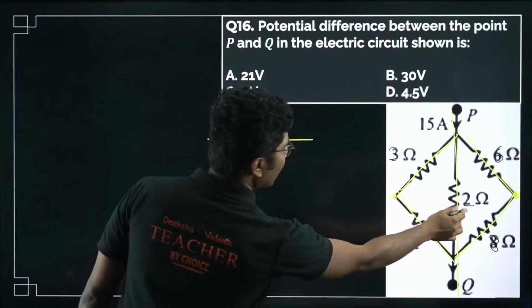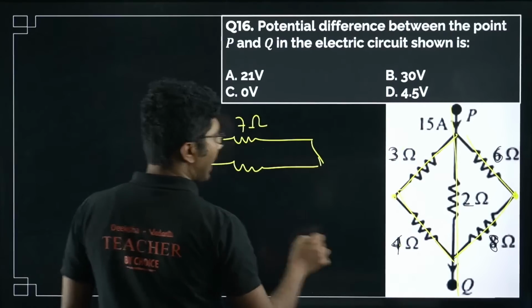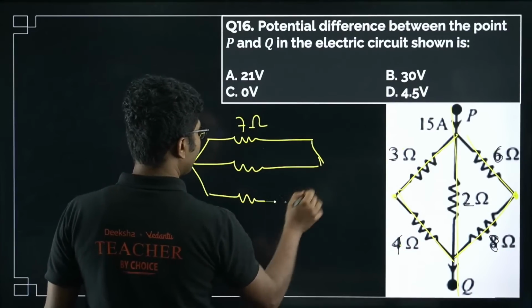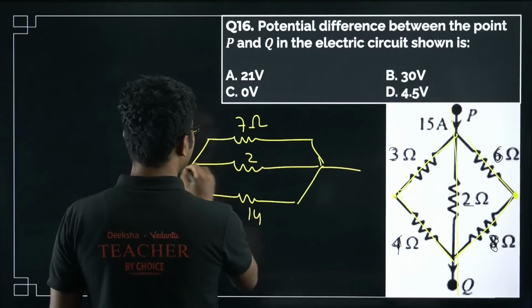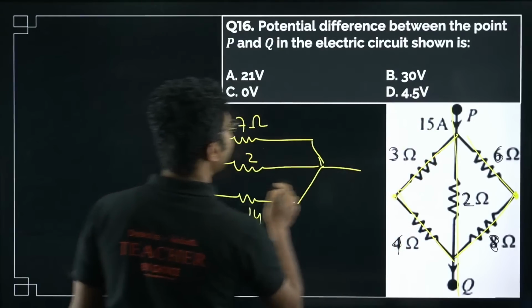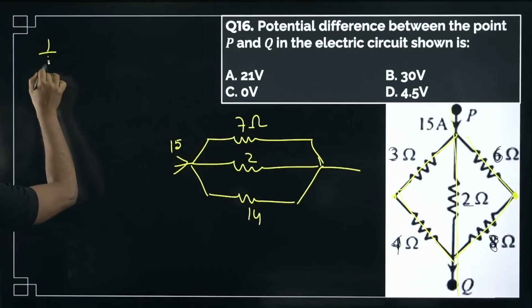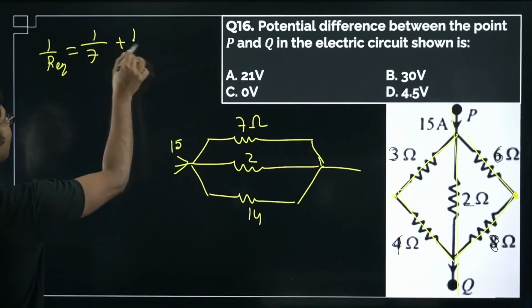Next, the central one is 2 ohm, and again we have 6 plus 8, 14 ohm. So 3 resistances are connected in parallel, and there is a current of 15 ampere. First we have to calculate the equivalent resistance, which is 1/7 plus 1/2